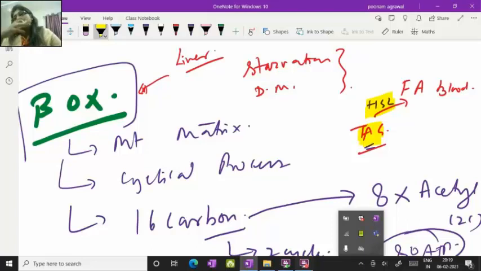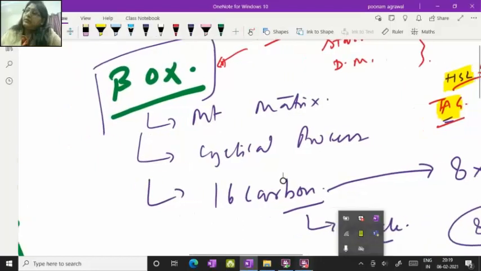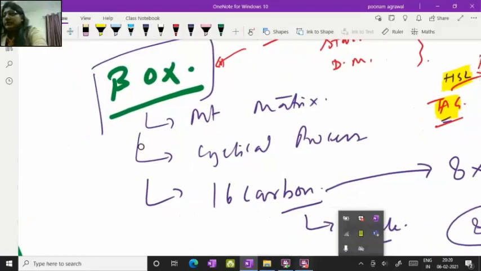And this free fatty acid, which is circulating in such amount in the blood, tends to enter the liver, and when it enters the cytosol, via the carnitine shuttle, as I have just mentioned, it enters the mitochondrial matrix, undergoes beta oxidation, and produces a lot of ATP, and this ATP is utilized for many things, for the process of gluconeogenesis, for providing fuel to the cell, right? So this is about beta oxidation, and this you should know, and please go into detail of the cyclic